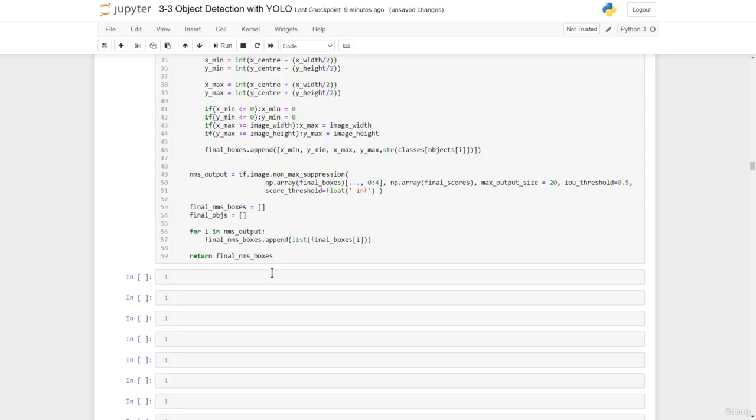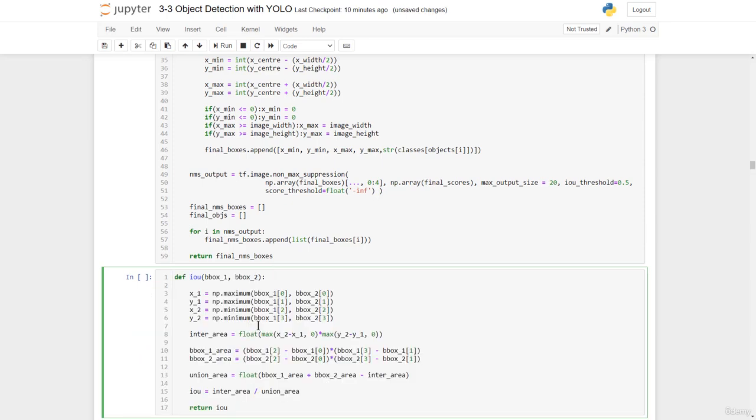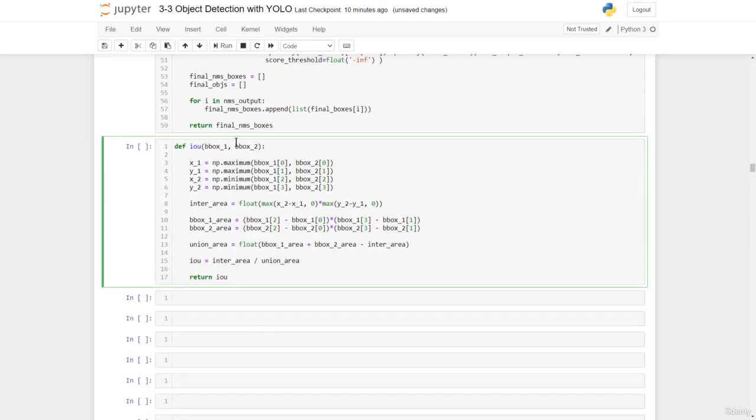Note that there are two main helper functions which we shall build. That is the calculation of the IOU between two boxes and finding the area of a polygon. So right here we have the IOU function, which takes in a box 1 and a box 2. That's a bounding box actually. Now each of these has a min and max value. So basically bbox 1 is made of x min, y min, x max, y max, and then bbox 2 is made of the same x min, y min,